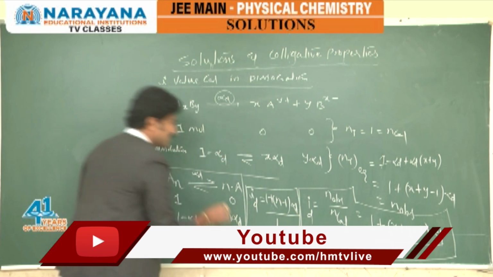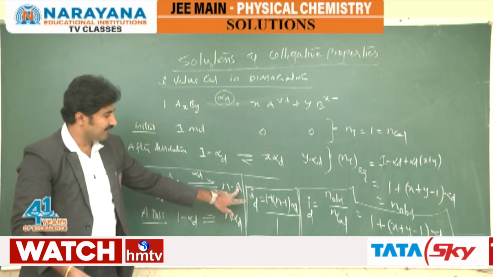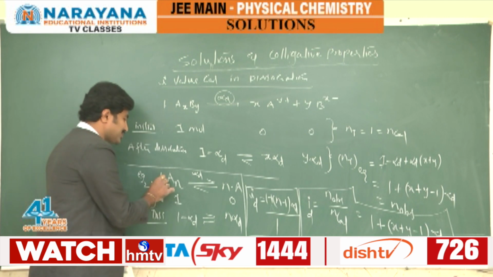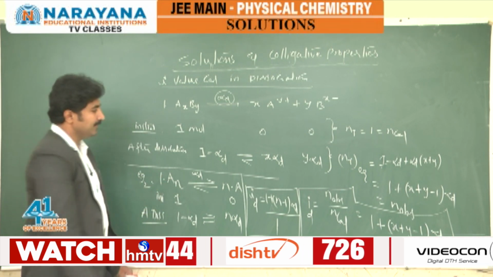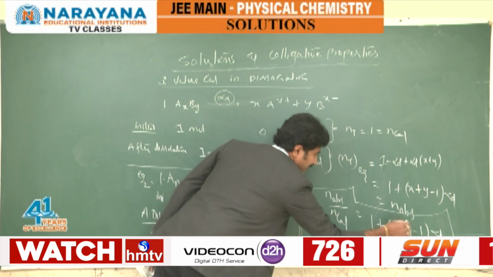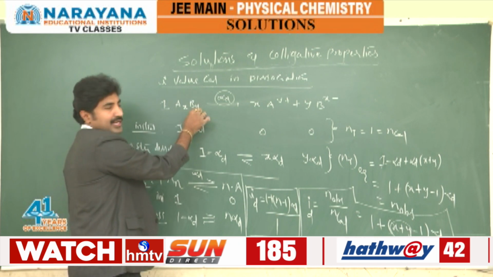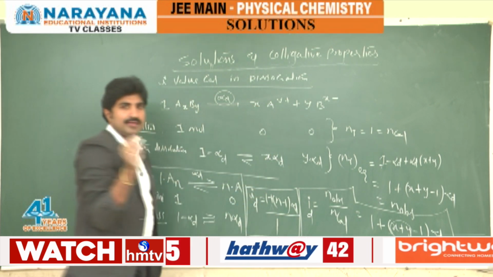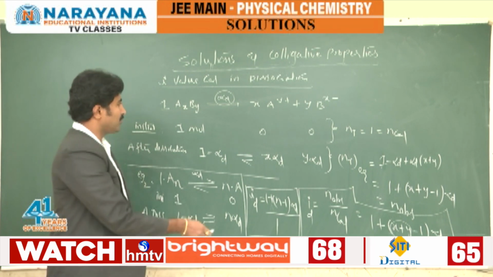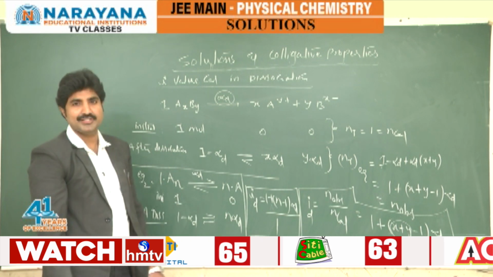If you observe these two examples, in this example just n will be obtained. What is n? The number of product species obtained by the dissociation of one reactant. The same expression applies here also, but instead of n, x plus y will be there, because after dissociation of 1 mole of electrolyte, x plus y corresponding product ions will be obtained. So as per the given data, use this or that. This is the i value calculation in dissociation.